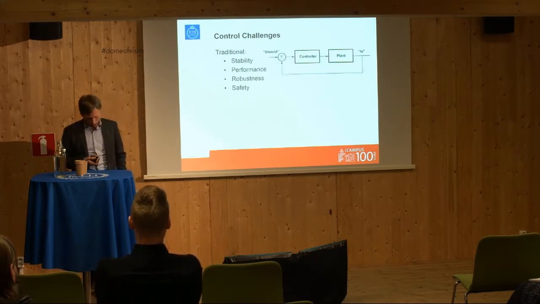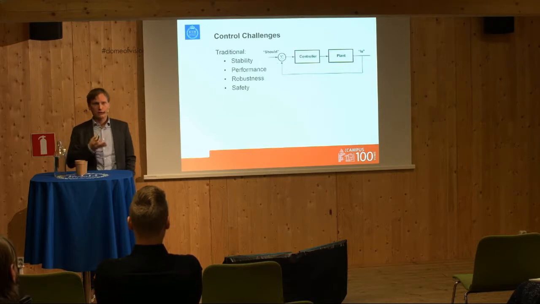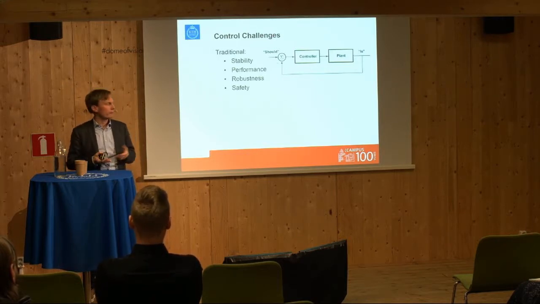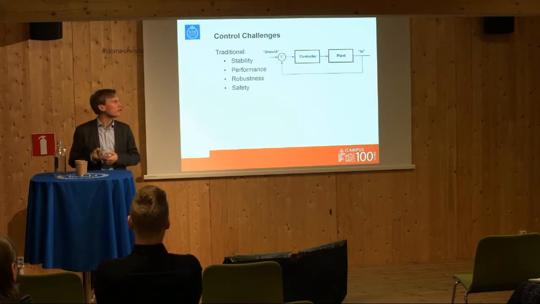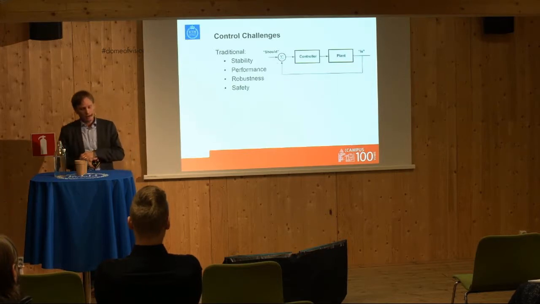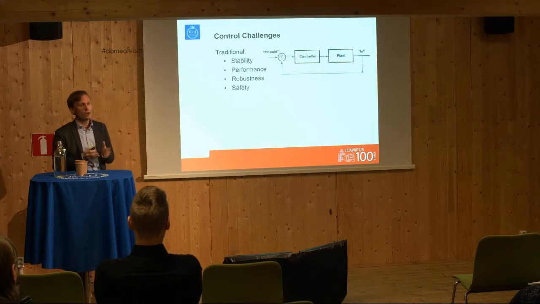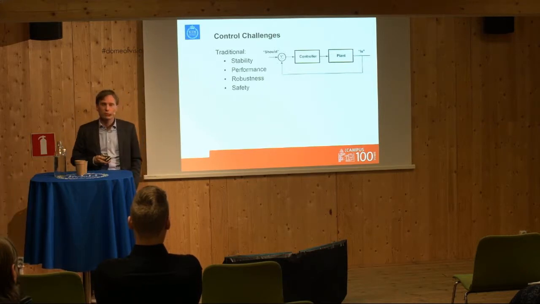Robustness is always an important issue because all of the systems we build are subjected to random fluctuations in their environment. For instance, there are external disturbances affecting the plant and the controller, and still you would like the feedback system to be able to operate under this uncertain environment. That's the robustness. Finally, safety. It's basically making sure that the states of the plant are always safe. So in the case of the car fleet, for instance, the cars never come too close to one another under any circumstance. So these are all classic challenges that we've been working with.